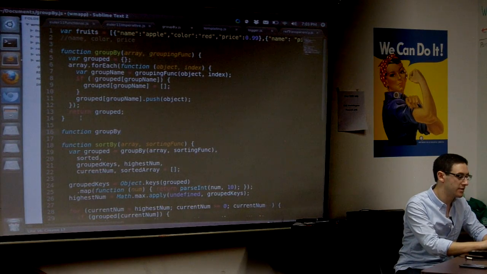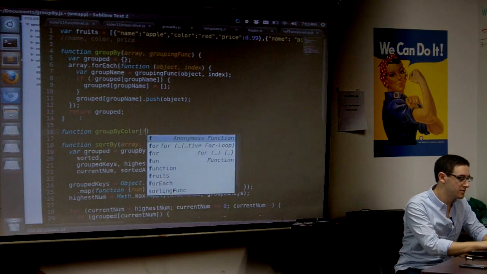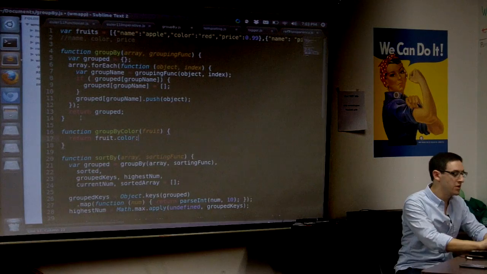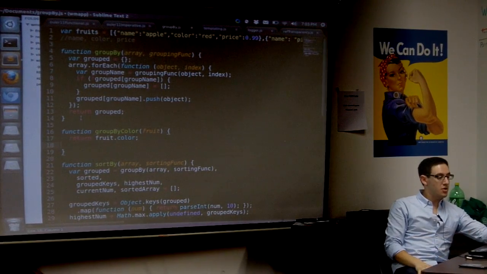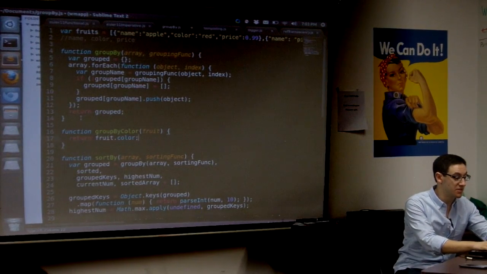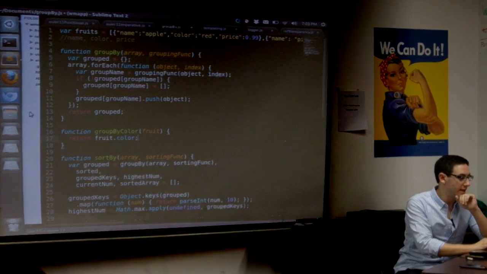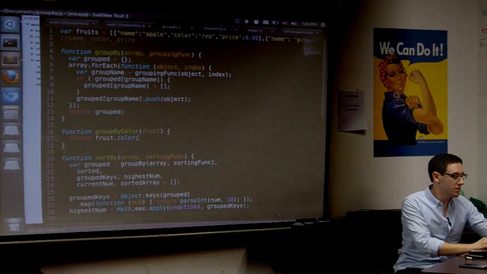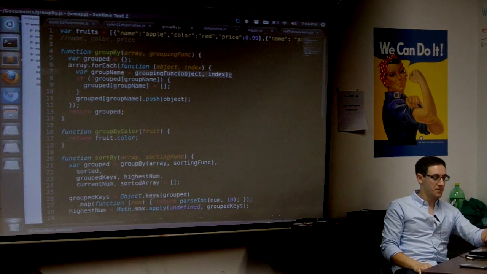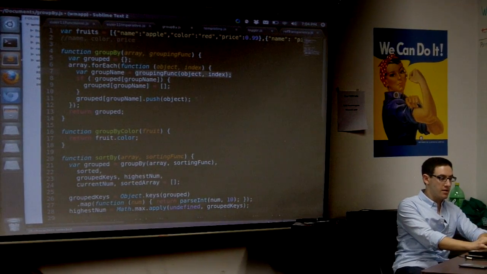group by color. Right, so it's that simple. Once you have that group function, it's going to take the grouping function, right, and loop through, and over here it runs that function on each piece of data so that I can sort it through. And then if we run this,